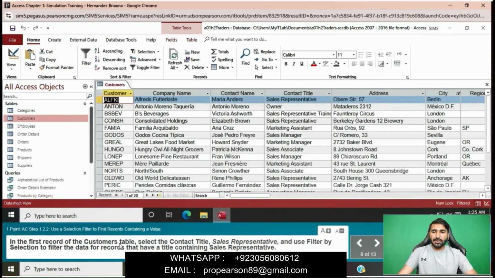In the first record of the customer table, select the content title, sales representative, and use filter by selection to filter the data for records that have a title containing sales representative.